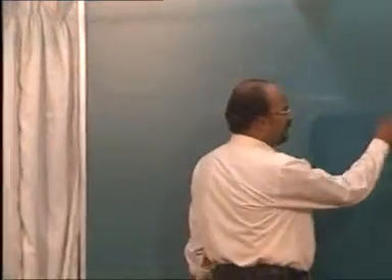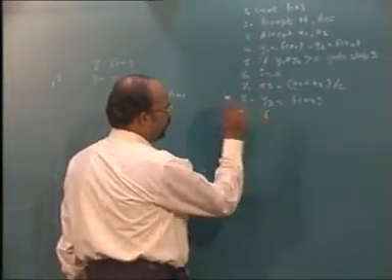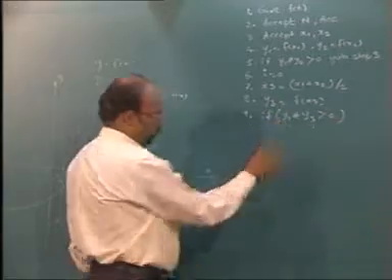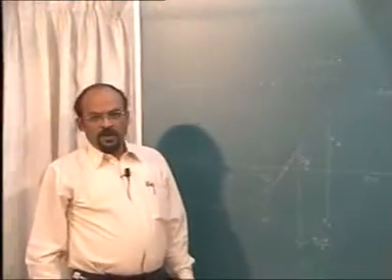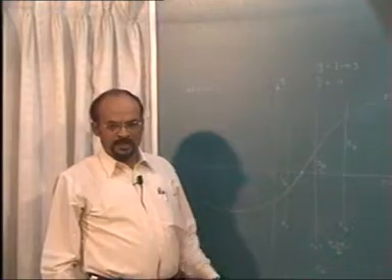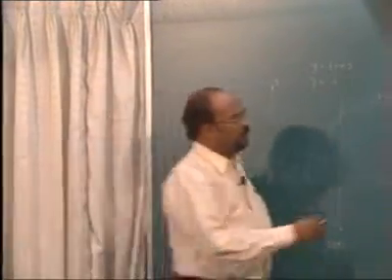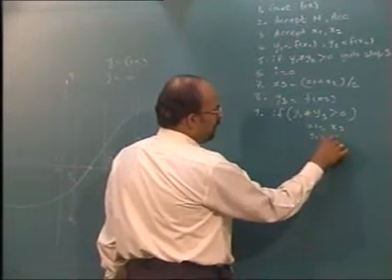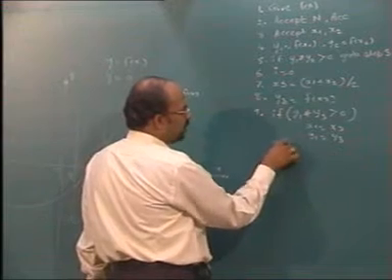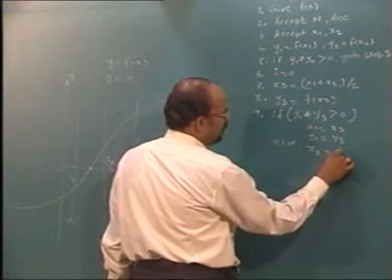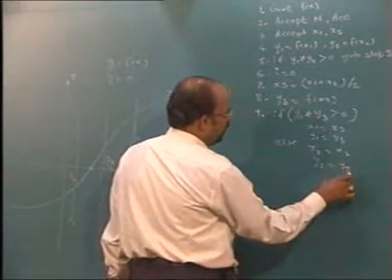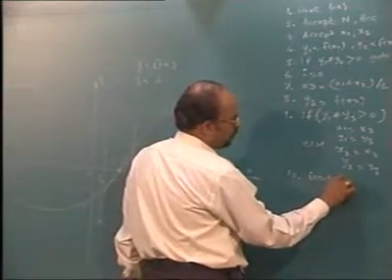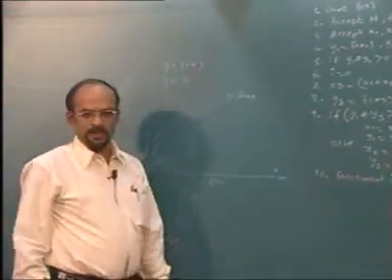So we will simply write a condition saying that if y1 into y3 is greater than 0, what does it mean? y1 and y3 have the same signs. In that case, this interval should be shifted. So I will say that in that case x1 will take the value of x3, y1 will take the value of y3, else x2 will take the value of x3 and y2 will take the value of y3, and I have performed the job once. Increment I.